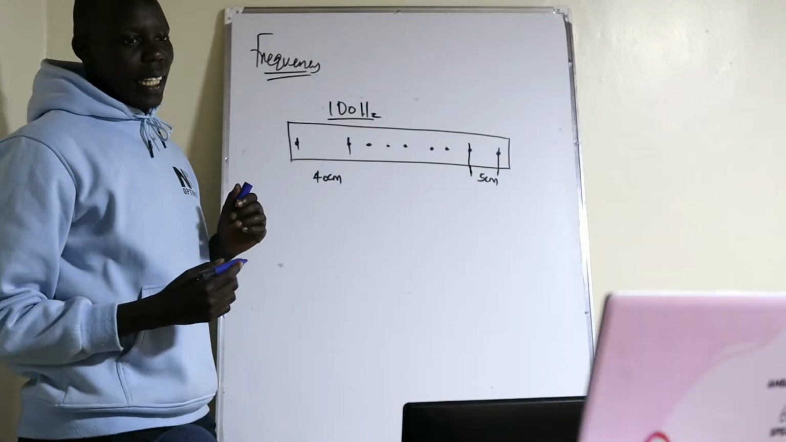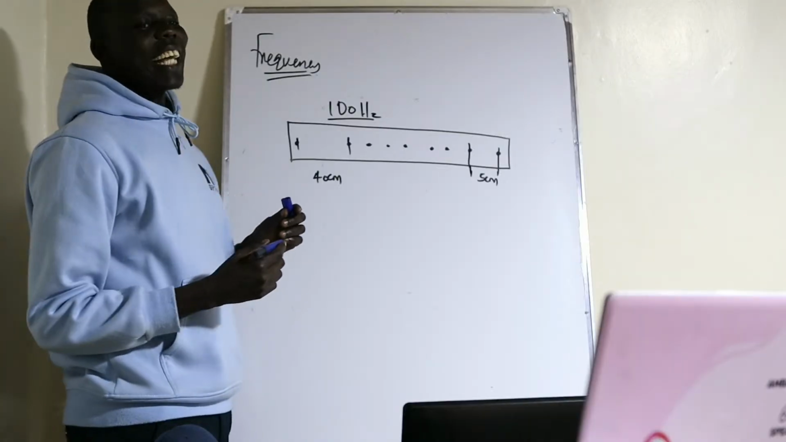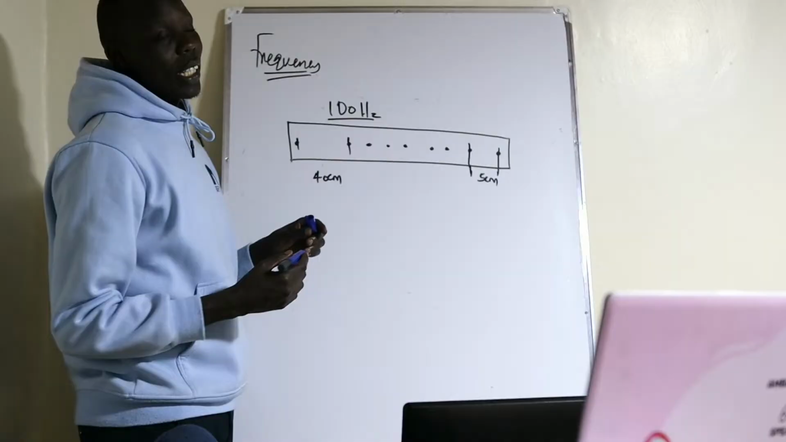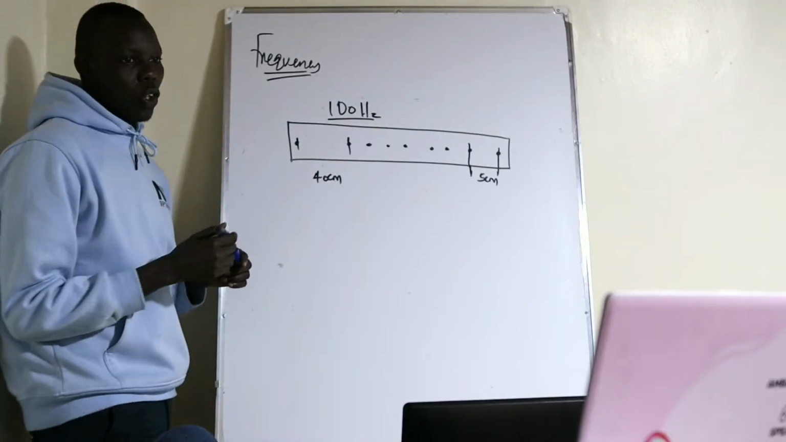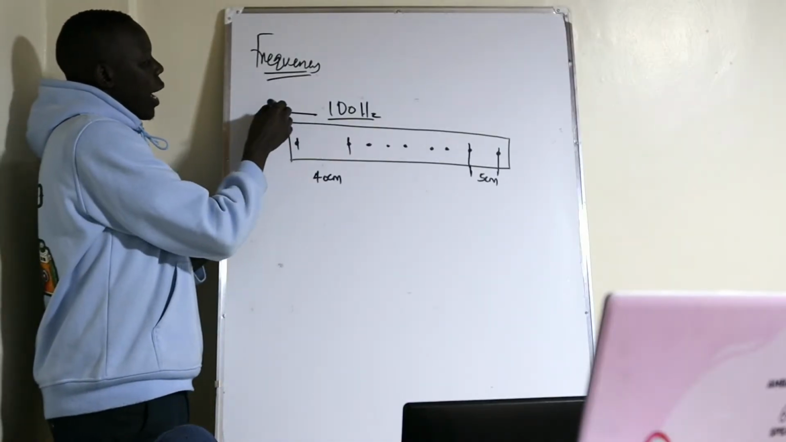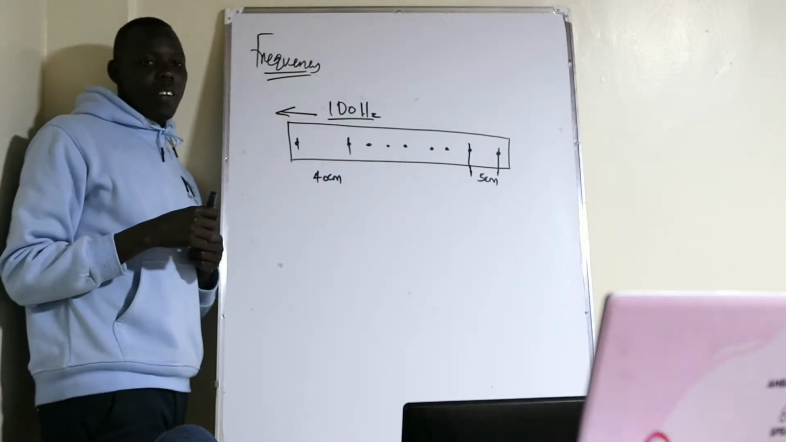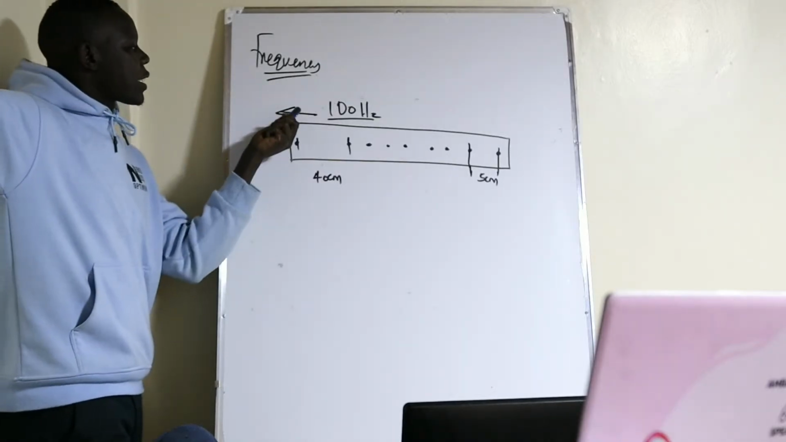Then the question is: determine the acceleration of the trolley. Then kuna arrow umewekewa hapa. Now let me give you a disclaimer. Even if this arrow is not placed,